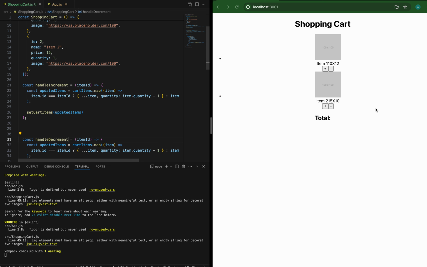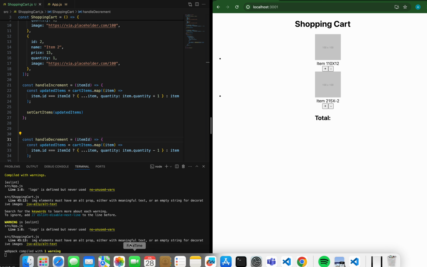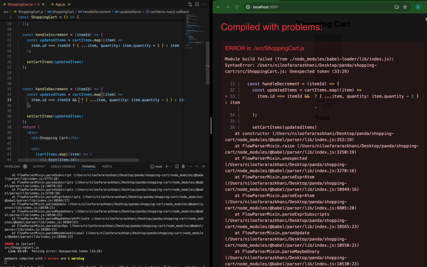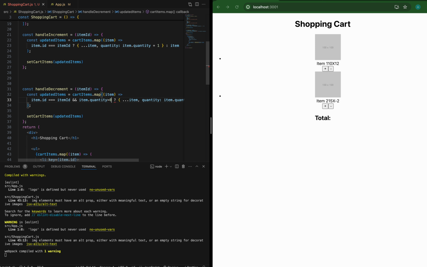By decreasing, I have my decrement, but I don't need to have minus in my item, so I need to add another condition in here, which is if item quantity is more than 0, just do this. Otherwise, just